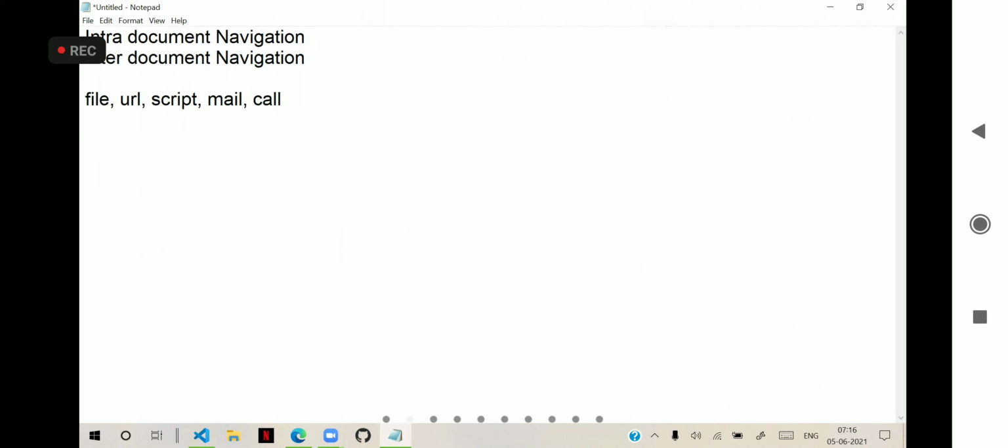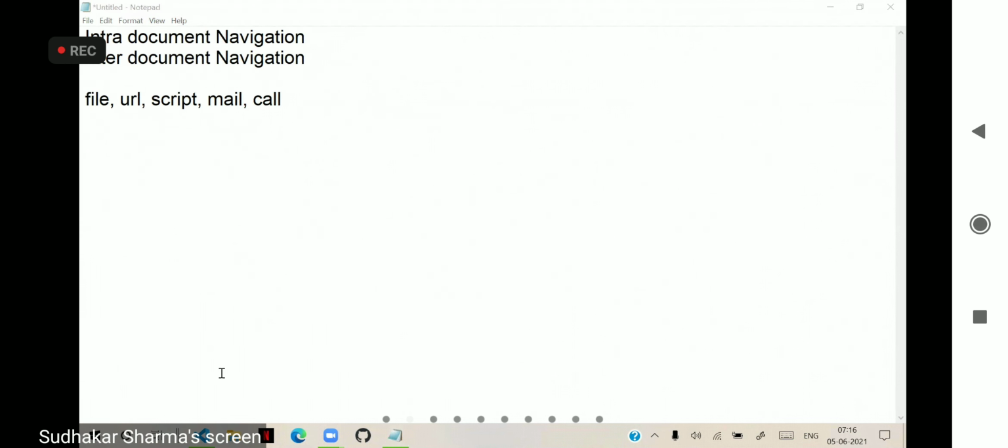So many options are present, which we will see now: generally how we can manage links from one document to another, and what other options are available.